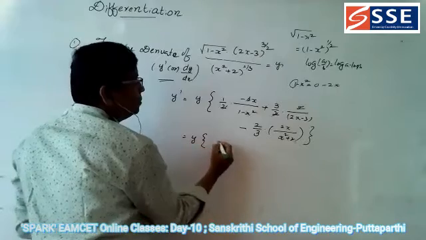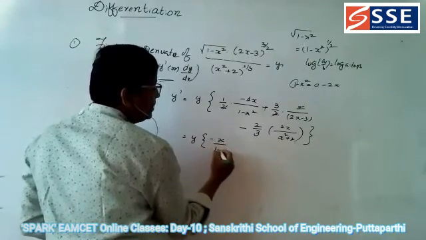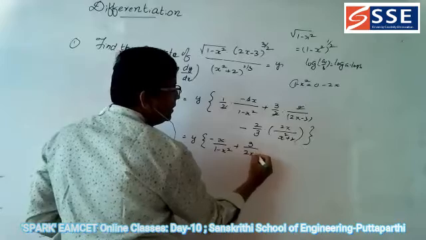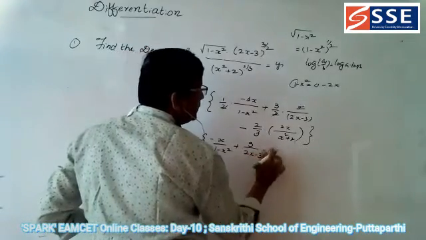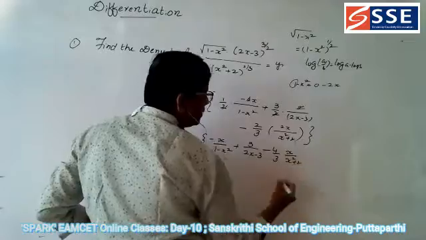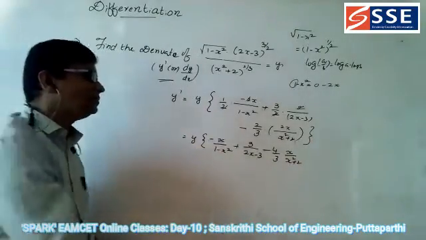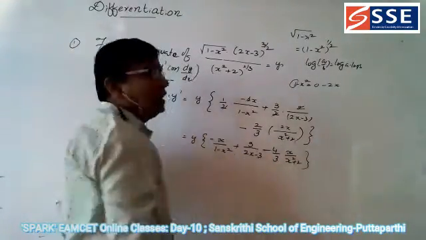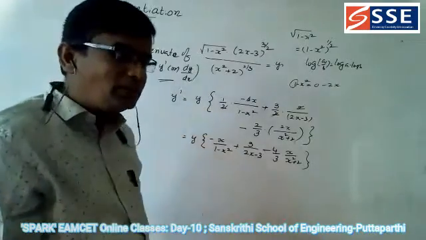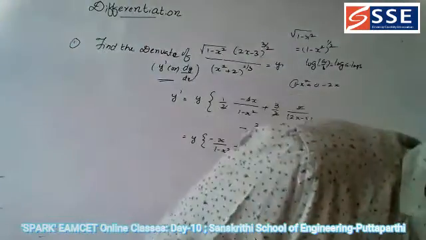y is equal to minus x by minus 1 minus x square plus 3 by 2x minus 3 minus 4 by 3x divided by x square plus. This is the answer. Can I give one more question like this? But it is very difficult to type the answer for this.